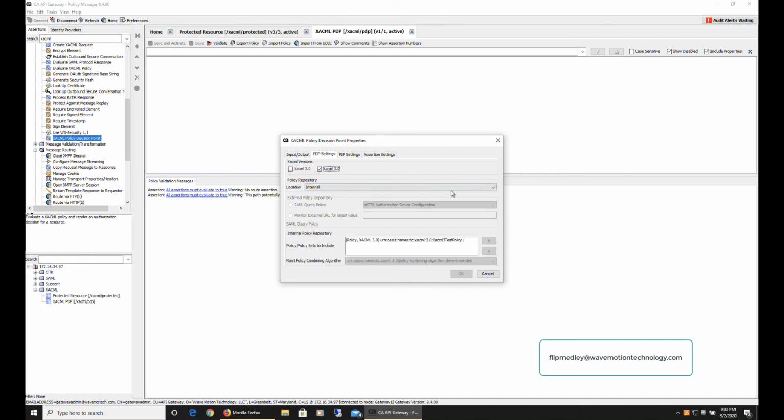Policies are located internally, though I could have them exposed on external sites, for example, off of a URL. That's probably a better way to do it in the grand scheme of things, but for this particular example, it's totally fine. The XACML policy I just imported shows up here, and so it will go through and apply all of the policies that are listed in this particular policy set. And now